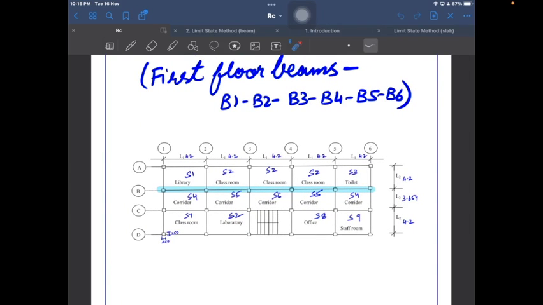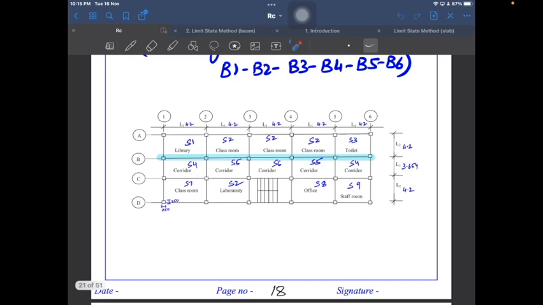So for my roll number, I've got 4.2 as the center to center distance, and even this one I've got as 4.2. So these panels are square. They have an aspect ratio Ly by Lx of 1. These ones are rectangles. This is Lx and this is Ly, and as I told before, this is square, so I have considered this side as Lx and this side as Ly. Similarly, these bottom ones are also square.